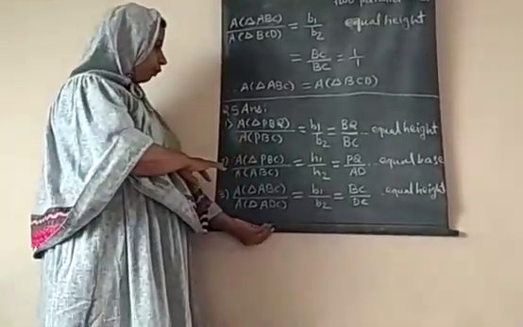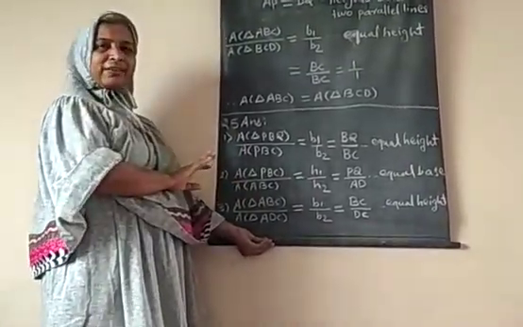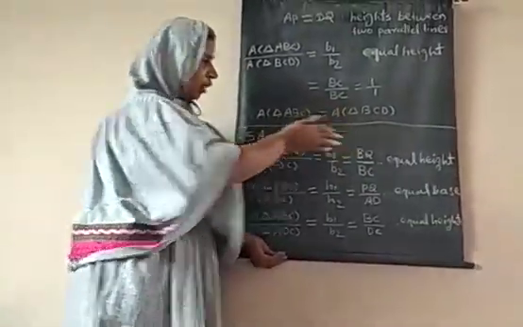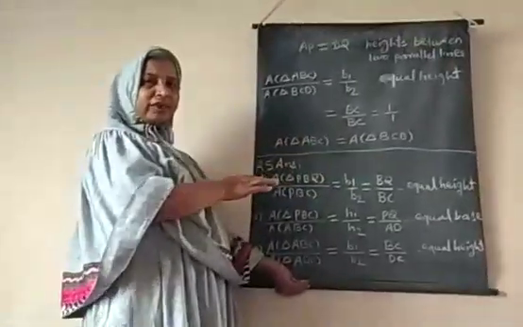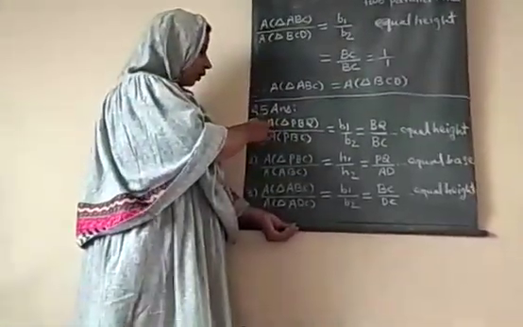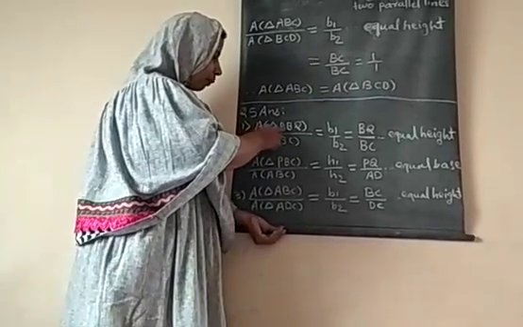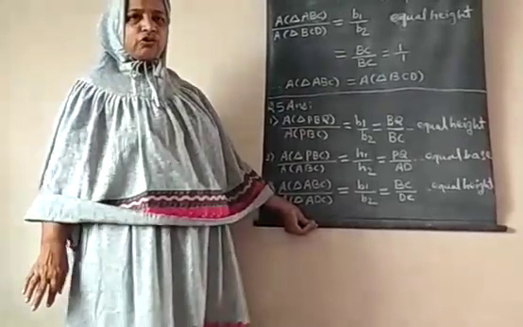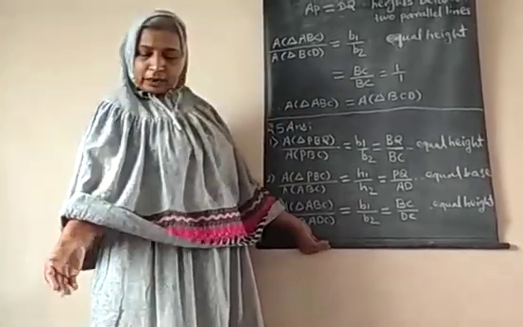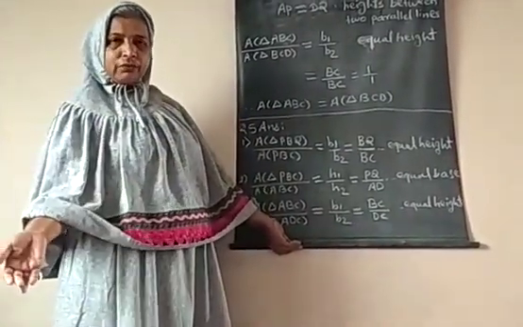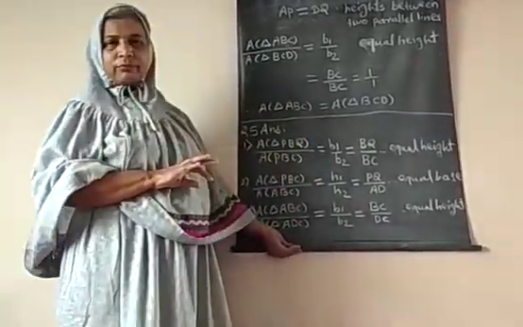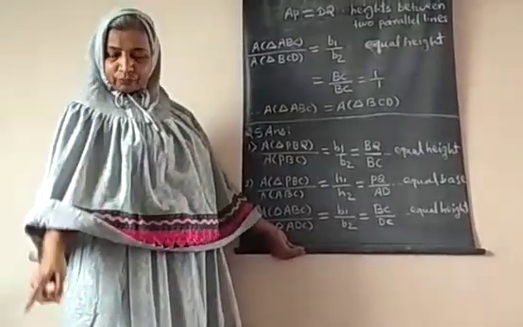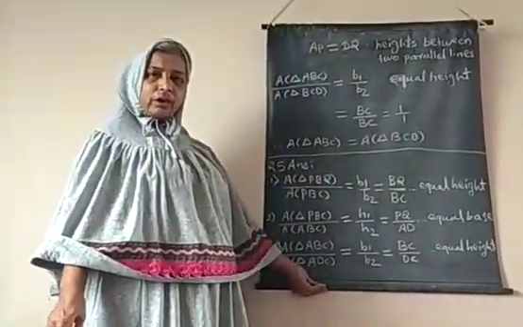Now in question number 5, 4 sub questions are there. So for that we are using the properties of equal height or equal base wherever it is necessary. For the first question, the area of triangle PBQ upon the area of triangle PBC, the figure is given in the question. So first students write down the question, draw the figure and then write down the answer. Here I have given only the answer on the board. So please write down the question and draw the figure from the textbook.